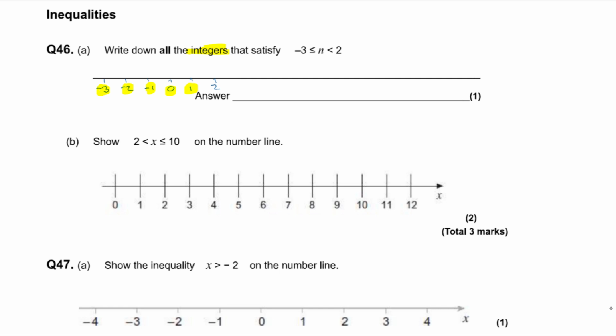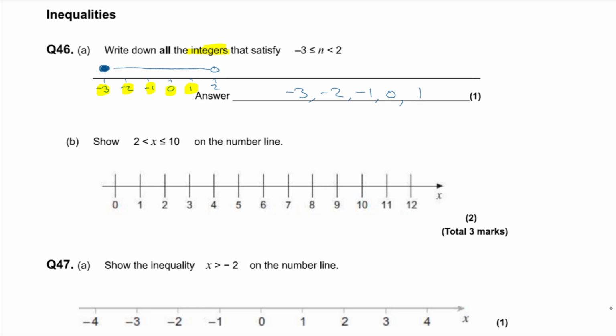Okay. If you were drawing this as a diagram, you'd have a circle here, and a line in between. This one would be filled in because you're allowed to be equal to -3, and the other one would be open because you aren't allowed to be equal to 2. So the integer values that satisfy that range are just going to be -3, -2, -1, 0, and 1, and